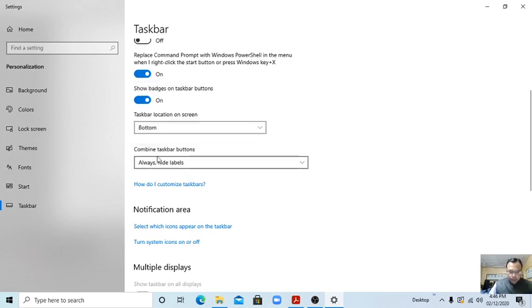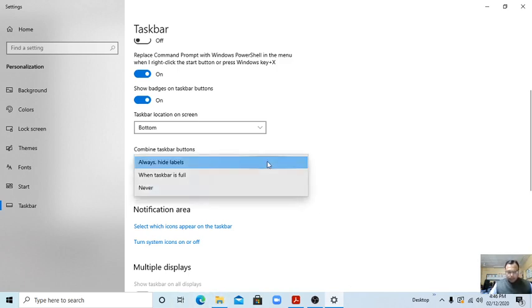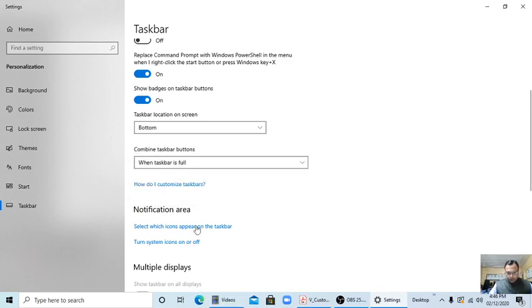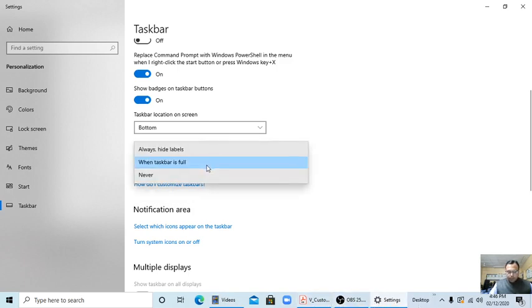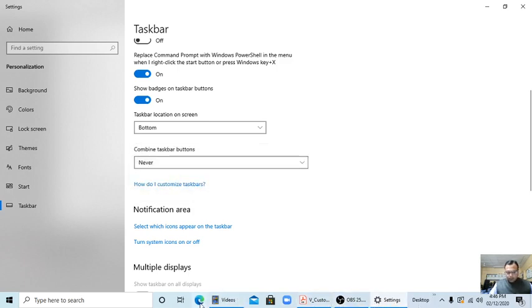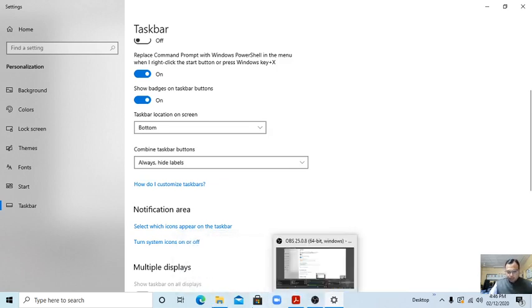It will be positioned there. Combine taskbar buttons: always hide labels. Okay, labels hidden when the taskbar is full, or never. See this, now with the name. Now never. Okay. So use always hide labels. So it is the perfect setting for this one.